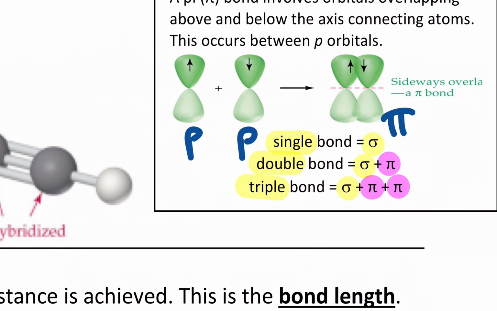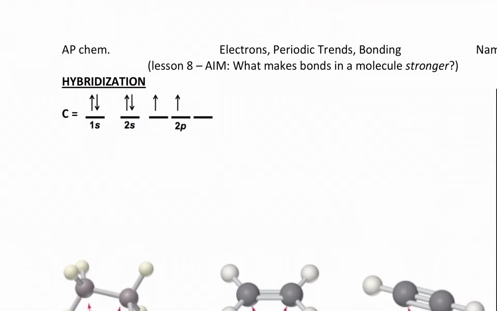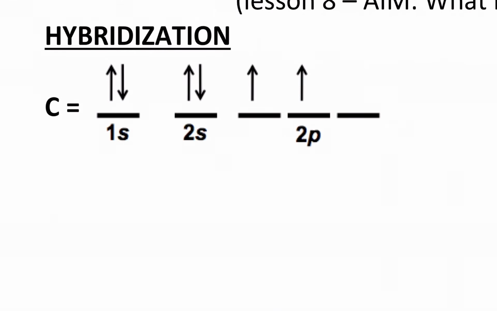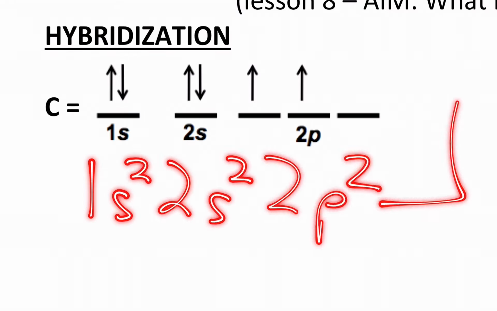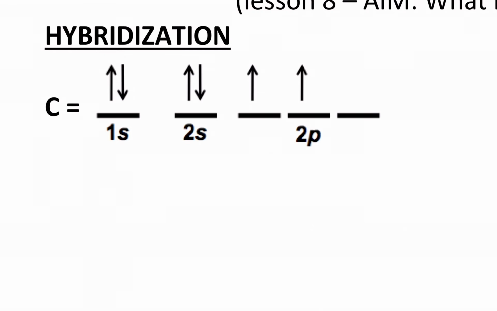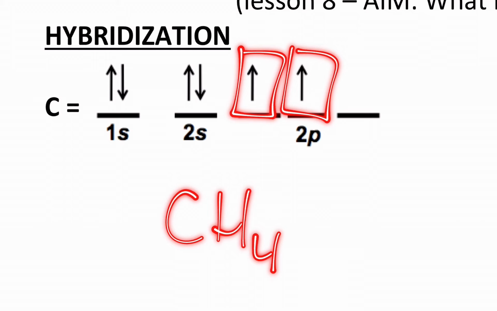So what forms these pi bonds and sigma bonds? And also, very importantly, what the heck are hybrid orbitals? Well, hybrid orbitals help us explain the type of bonding and geometries that we see with molecules. So first, let's go back to electron configuration. Here is carbon's electron configuration: 1s2, 2s2, 2p2, drawn in an orbital diagram. Now, if carbon were to form bonds as it does with, let's say, 4 hydrogens to make methane, we would think that it would only have space to pair up with 2 other electrons,